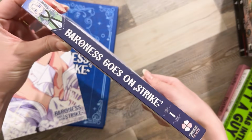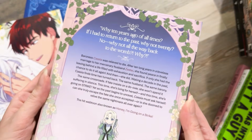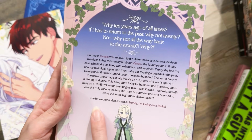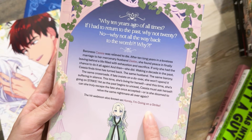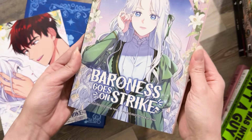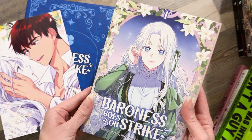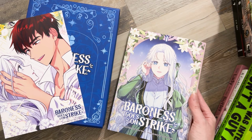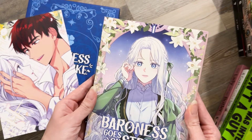It follows this girl on the cover. I'll put this here if you want to pause and read the official blurb. Oh, and it's from a webtoon that has a different title, Honey, I'm Going on a Strike. Baroness goes on strike. But the story follows this main character who was married off to a war hero at 18, and the story starts with her in her late 20s, on her deathbed, about to die from a terminal